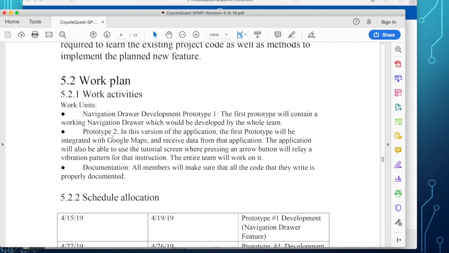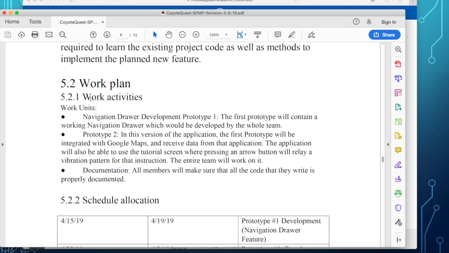Okay, so what are the work plans? Here they identify work units as prototype 1, prototype 2, and documentation. Now, in addition to this, I want you to identify work activities or work units such as design. Not only the prototype, but also the software designs that go into the work units.